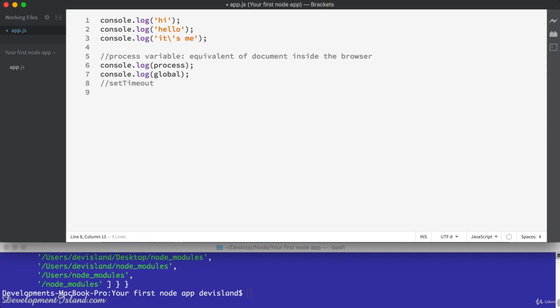And similarly in Node, a function like this one is actually provided by Node, not by the V8 JavaScript engine. All right. So you won't find this one in the ECMAScript specification, for example. If you want to check that, you can go to the Node website